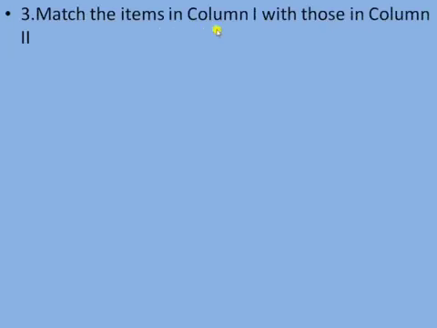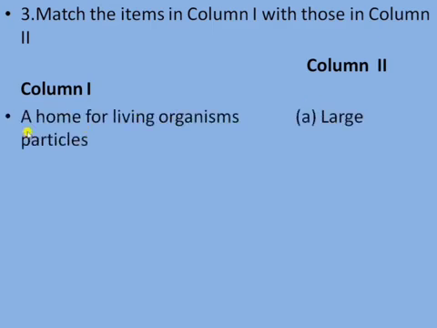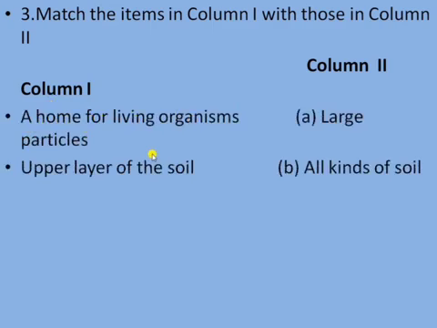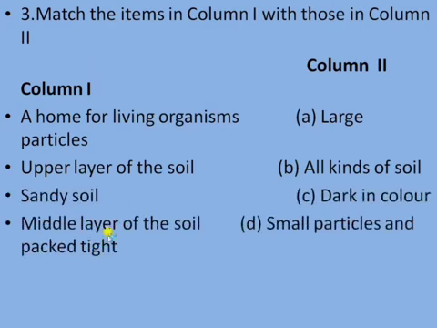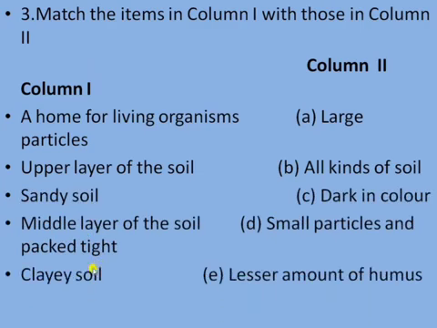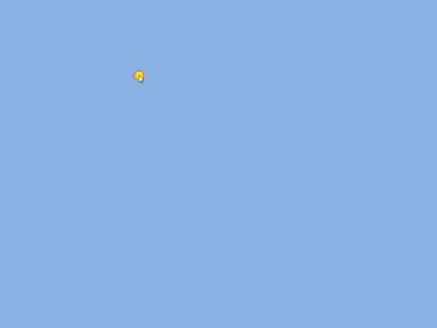Match the items in column first with those in column second. So this is column first here and this is column second. In column first: a home for the living organisms, particles, the upper layer of the soil is sandy soil, middle layer of the soil packed tight, clayey soil. So you have to choose the correct option or match the right option from column first to column second. So the answer of this question is,